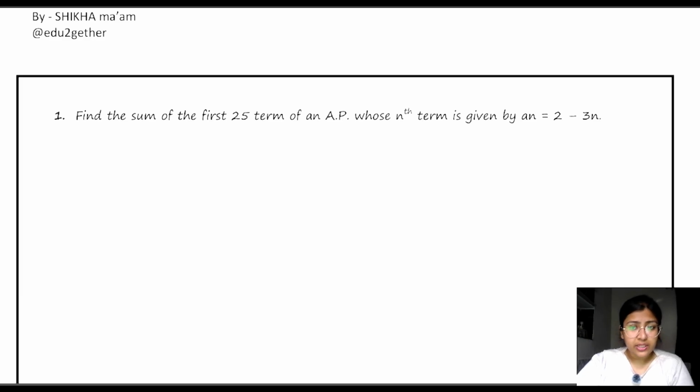nth टर्म वाले क्वेश्चंस कर लिए थे। अब हम सम ऑफ nth टर्म वाला फॉर्मूला अप्लाई करेंगे। द क्वेश्चंस बेस्ड ऑन द सम ऑफ n टर्म्स ऑफ एन एपी। एज इन द प्रीवियस वीडियो आई ऑलरेडी टोल्ड यू द सम